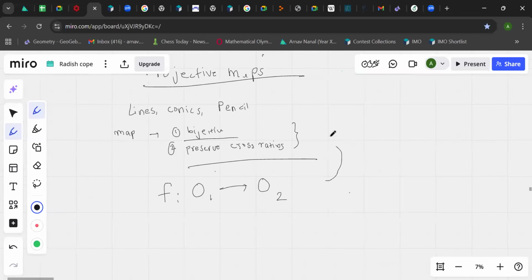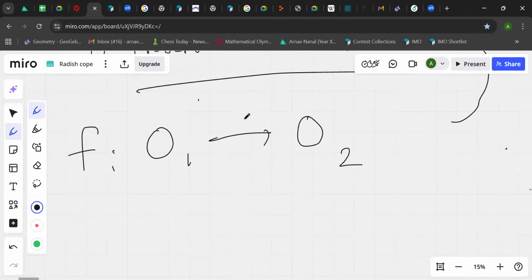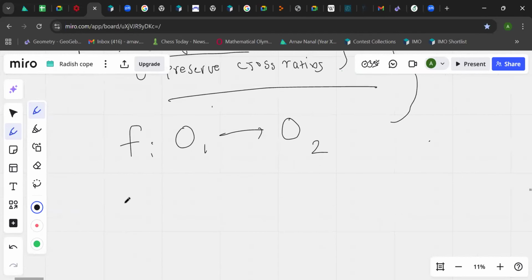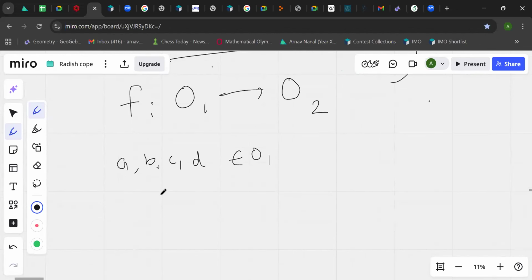By object, I mean lines, conics, or pencils. If A, B, C, D belong to O1, you want to show that f is continuous, right? So if you take f(A), f(B), f(C), f(D),